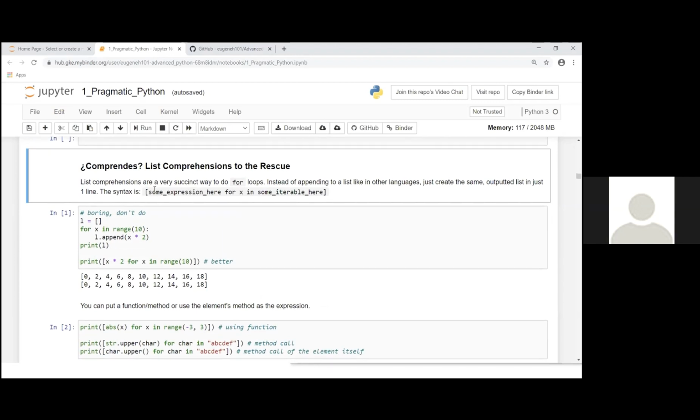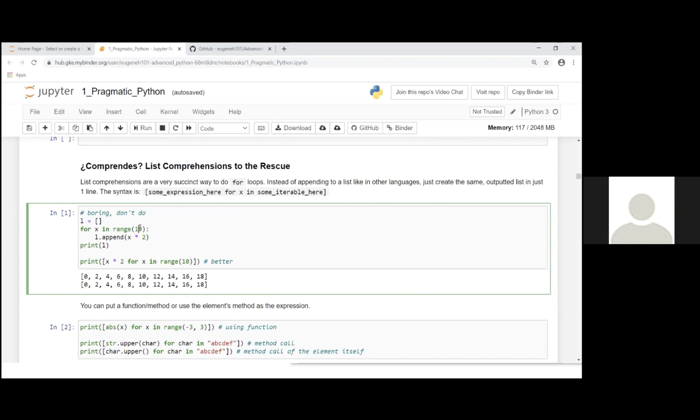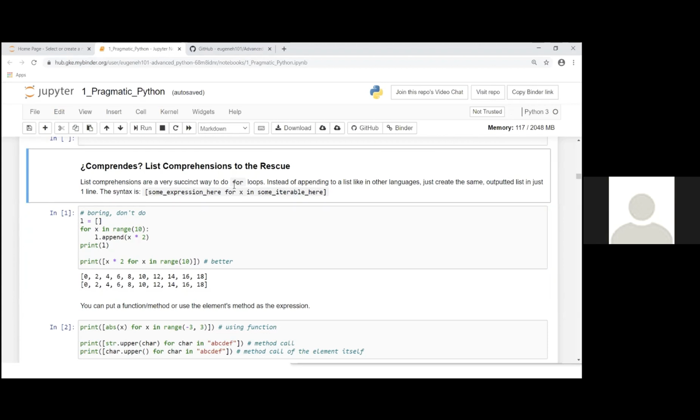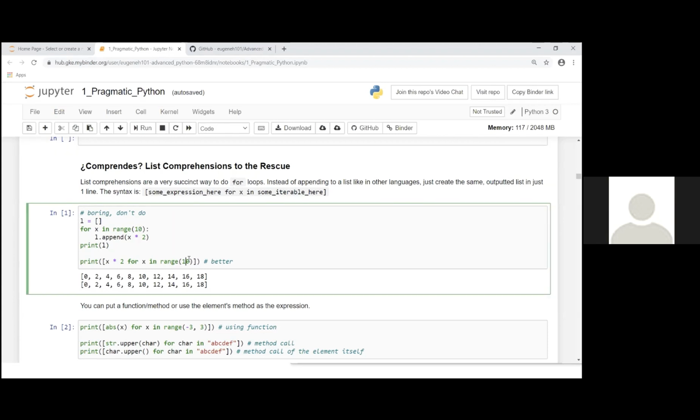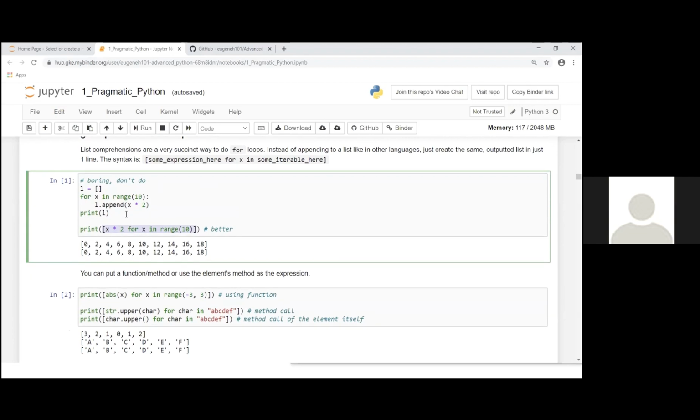So let me go to list comprehensions. This is one of the last fundamental things for, let's say, beginner to intermediate Python. In list comprehensions, you could create a list using basically a generator expression. So don't do this, do this. Here we have creating a list, then appending to it using a for loop.